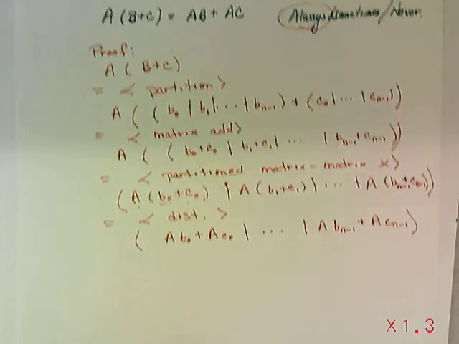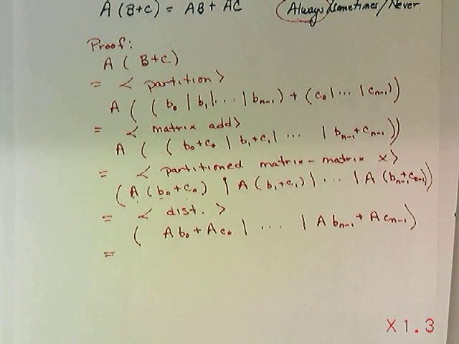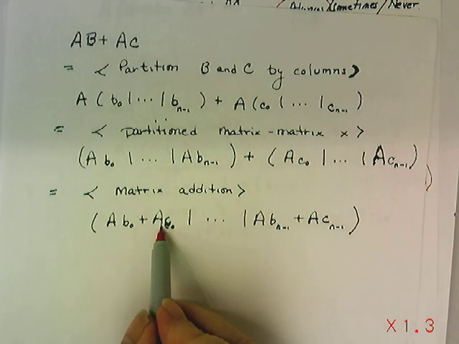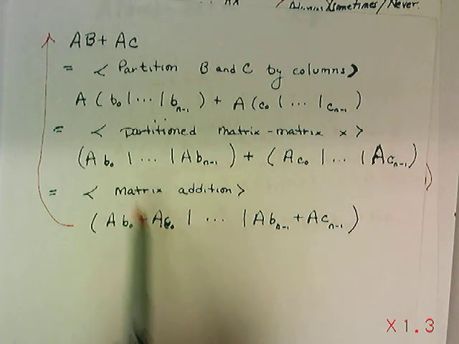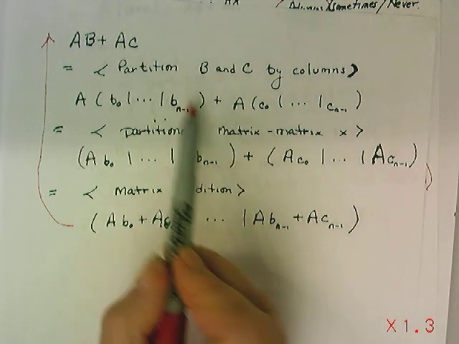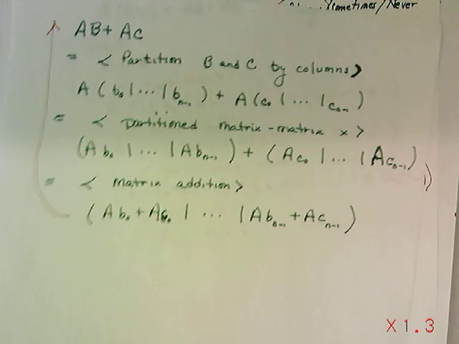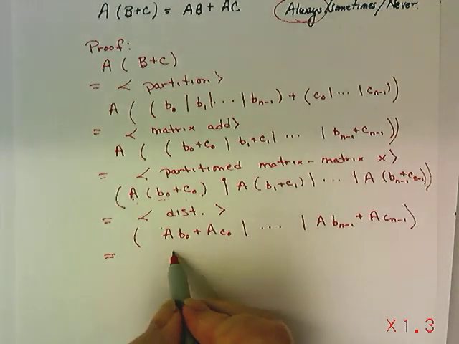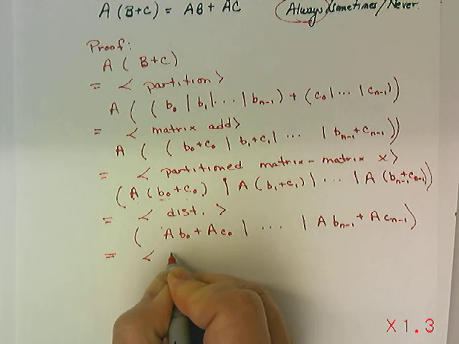Now I'm going to work my way backwards. If I want, I could peek at my scratch. And here I want to work my way backwards. And so I notice from matrix addition I could separate, and then I could partition and so forth. So here what I'm going to say is by addition